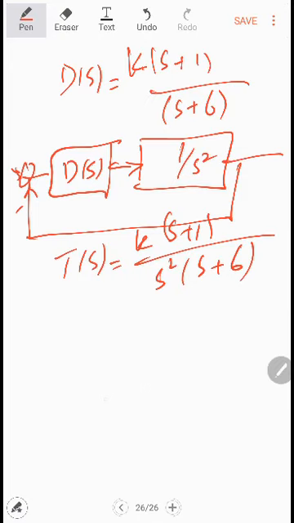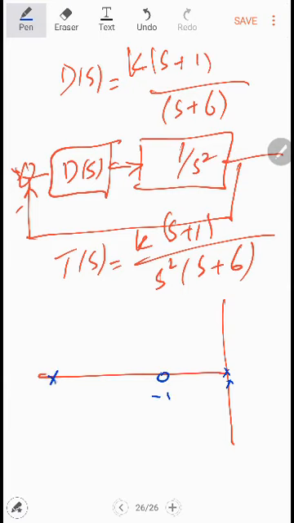If you plot the root locus for this one, it will become like this. We have two poles over here, and then we have a 0 at -1, and then we have another pole at -6. So this means that we have to find the asymptotic position. You have to work on this one also, because the location of intersection you can easily find. You can also find the direction, the departure angle.